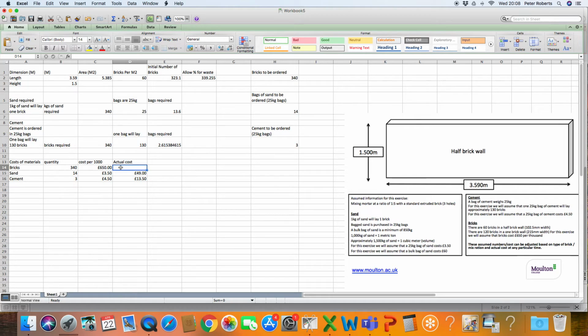So what we're going to do is the equal sign, and I'm going to put a bracket in because I want this bit to work out first. I want £650, so C14, divided by 1,000, and close the brackets. So that's going to give me the price per brick. I've taken the £650 per thousand and divided by the 1,000 in the brackets. That is going to give me the price of one brick, and then I'm going to multiply it by the number of bricks required, the 340. And that will give me